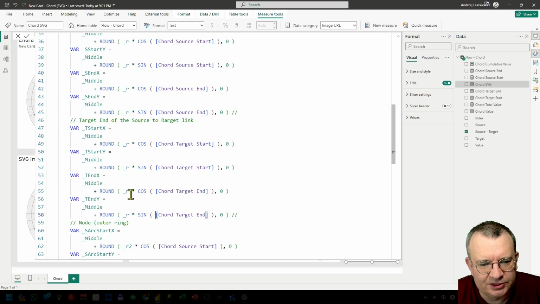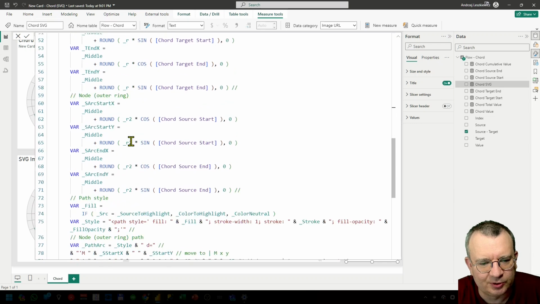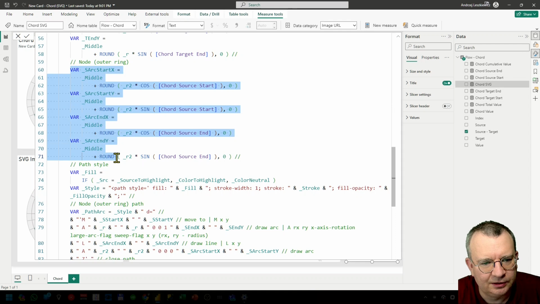You can see some sine and cosine calculations here just to transform what we know, angle and radius, into x and y positions on the plot. And we need 4 additional positions for the outer ring, element of the outer ring